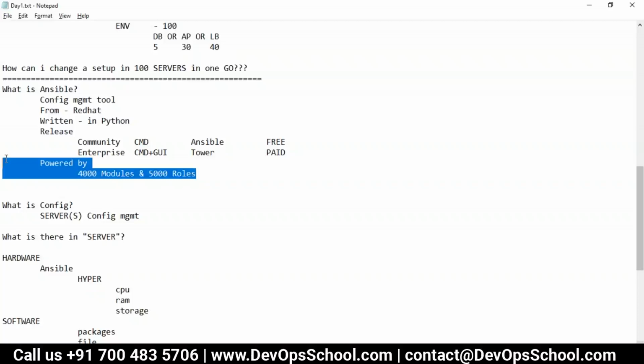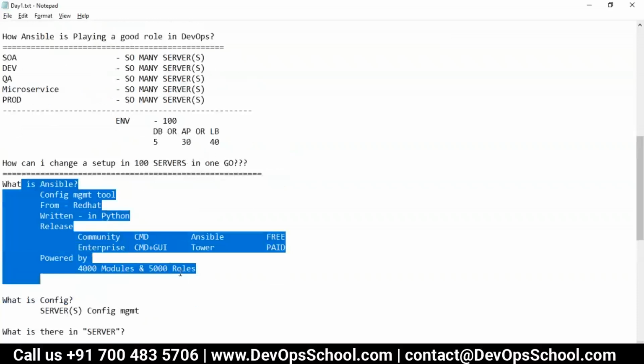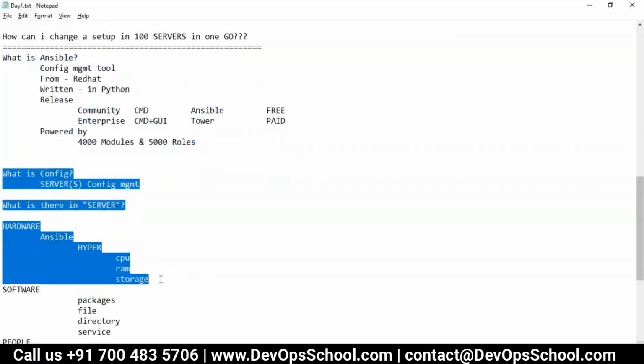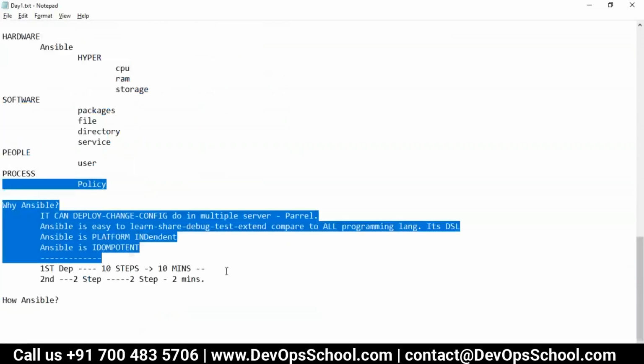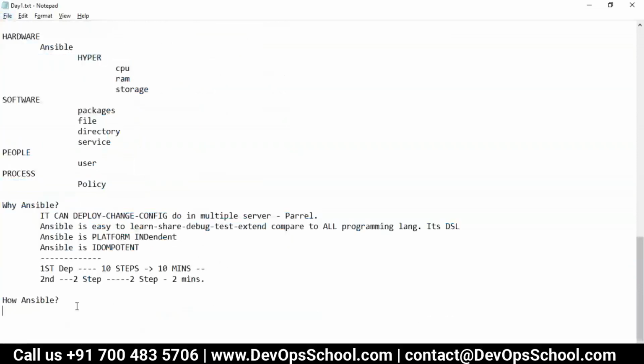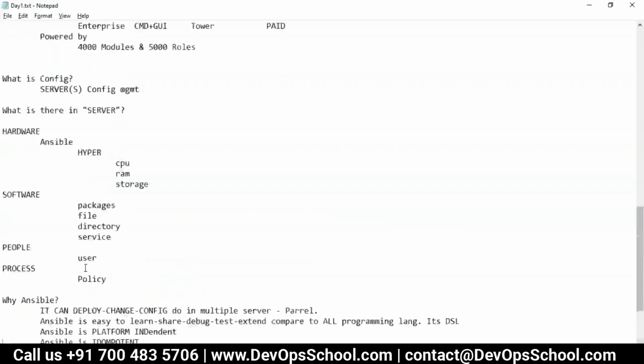Okay, guys. So more or less we discussed what is Ansible, what is configuration management with respect to Ansible, and why Ansible. Any questions before hitting the topic, which is how Ansible? Rajesh: You said Ansible is a configuration management tool. Can we use this for orchestration purposes? Yes, we can use it. Let me tell you here.